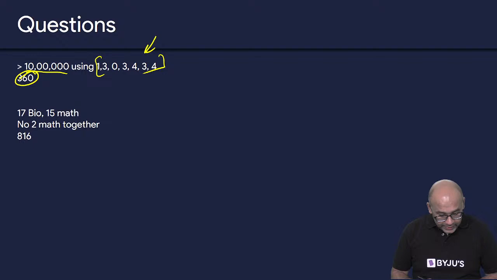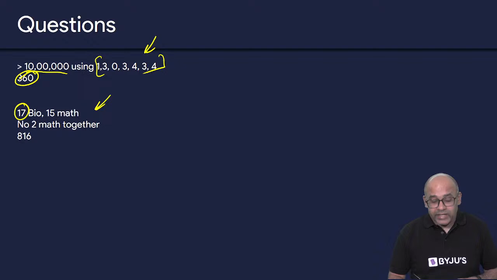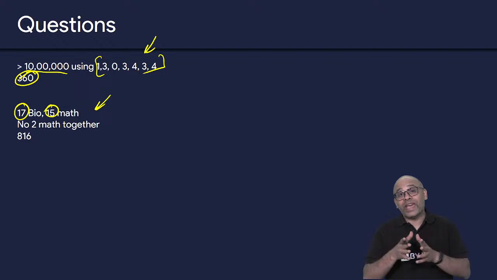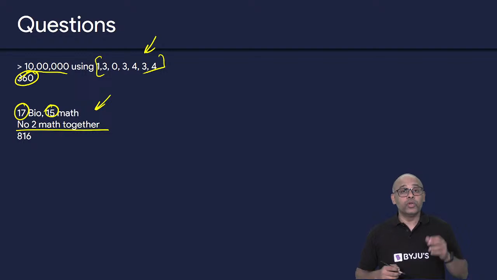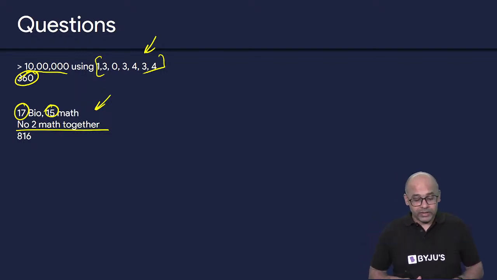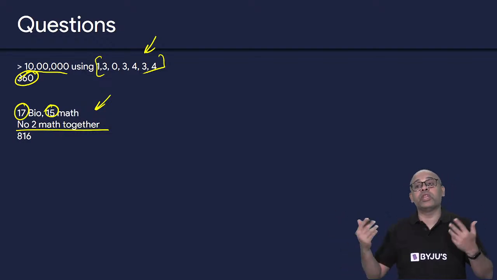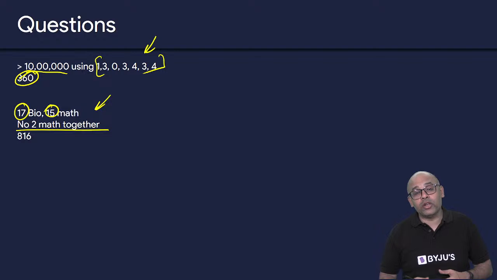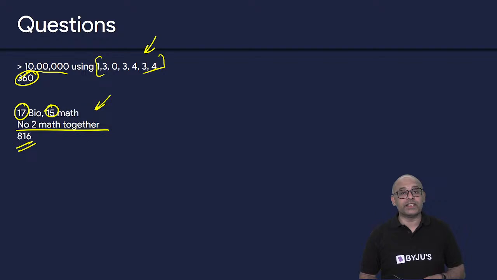Okay? Right. I see that many of you are getting the correct answer. Next is another permutation and combination. This time they've given a lot of PNC questions. A question which basically said 17 biology books, 15 mathematics books are there, and you're supposed to arrange them such that no 2 math books are together. Which means you have to first place the 17 biology books and in the gaps you have to keep your math books. So if you go by that logic, you will be getting a total of 816. 816 as your answer.